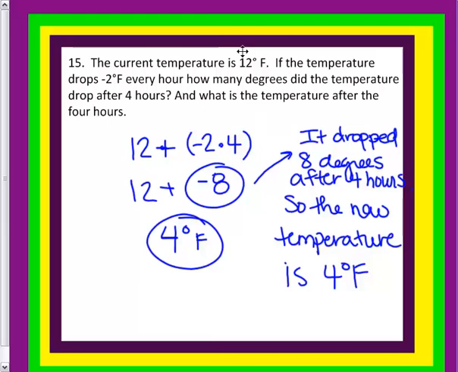Okay, the last one. The temperature outside is 12 degrees. If it drops 2 degrees every hour for 4 hours, it's going to drop 8 degrees, right? Because a -2 times 4 is -8. So it drops 8 degrees after 4 hours. If I add 12 to that, I get 4 degrees. So the new temperature is now 4 degrees